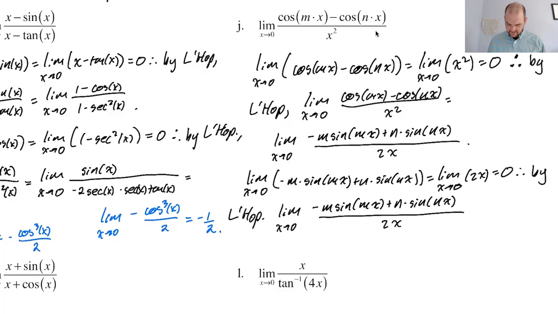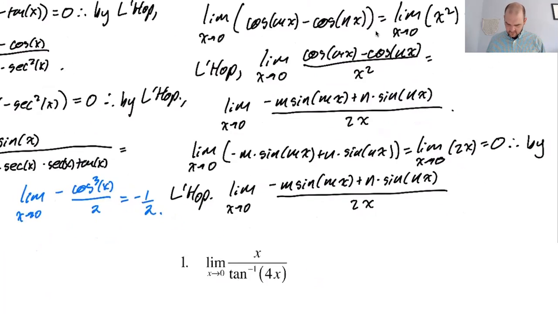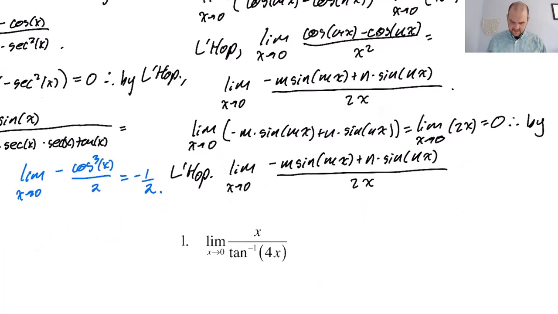So this limit is equal to, I'm going to bleed into the next one, the limit as x approaches 0. All right, what are our derivatives? The derivative of sine of mx is m times cosine of mx, but there's already a negative m, so negative m squared cosine of mx. The derivative of sine of nx is n times cosine of nx, but there's already an n, so it's going to be plus n squared